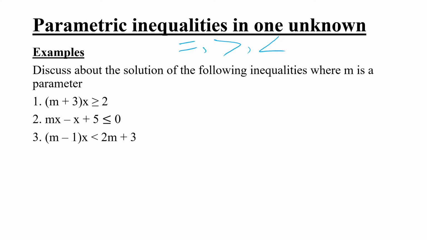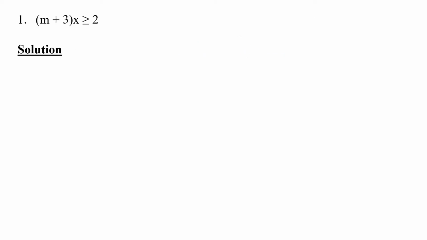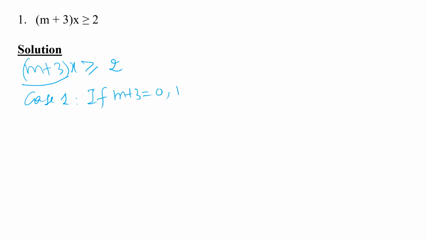Examples. Discuss the solution of the following inequalities where m is a parameter. Number 1, m plus 3 times x is greater than or equal to 2. We have m plus 3 times x which is greater than or equal to 2. We have to look at this coefficient of x. Case number 1, if m plus 3 is equal to 0, same as m is equal to negative 3, then